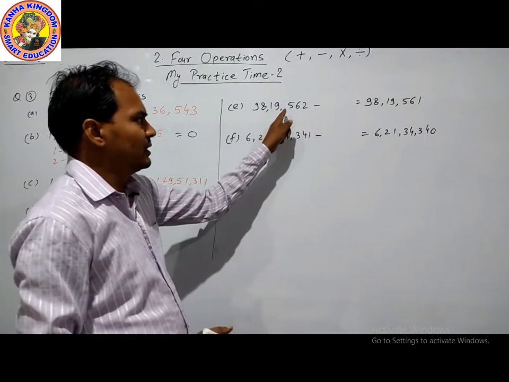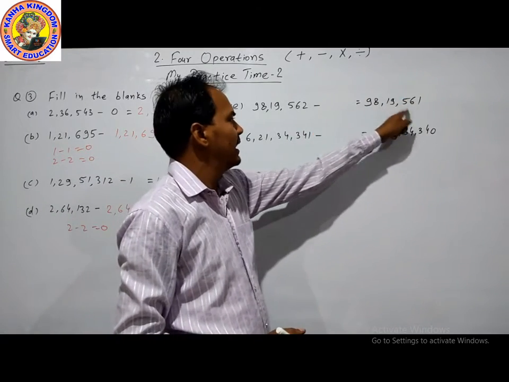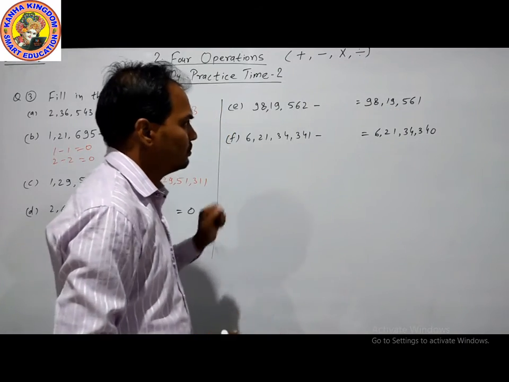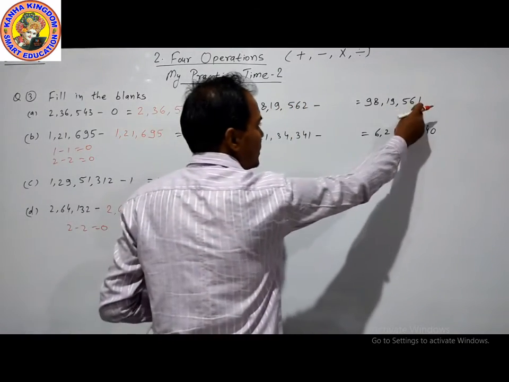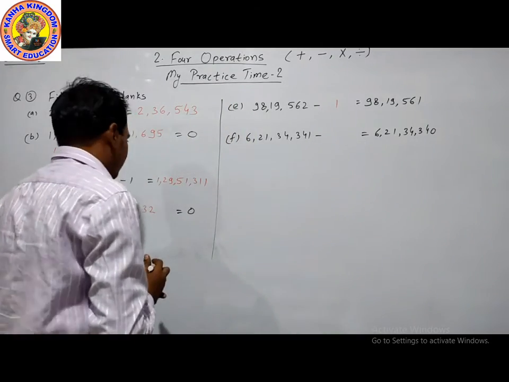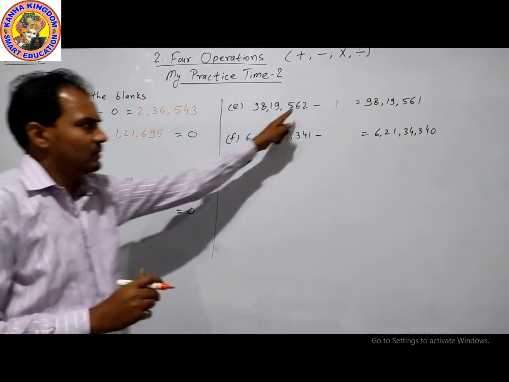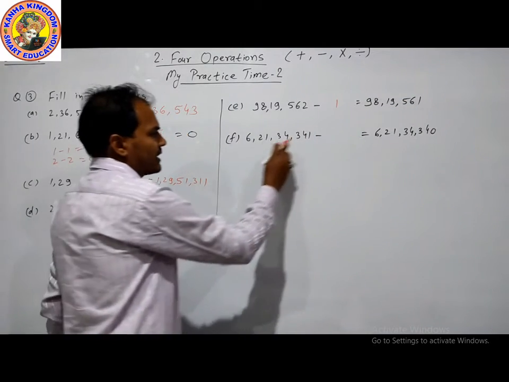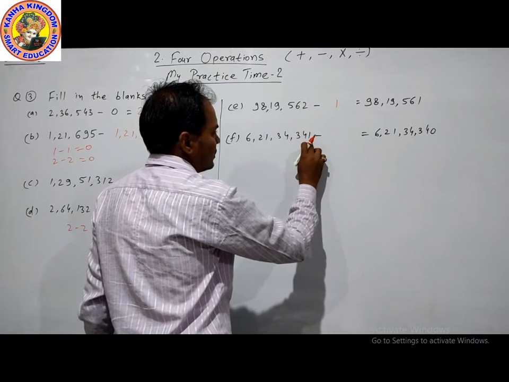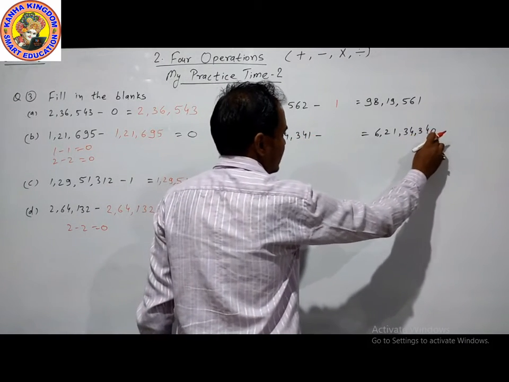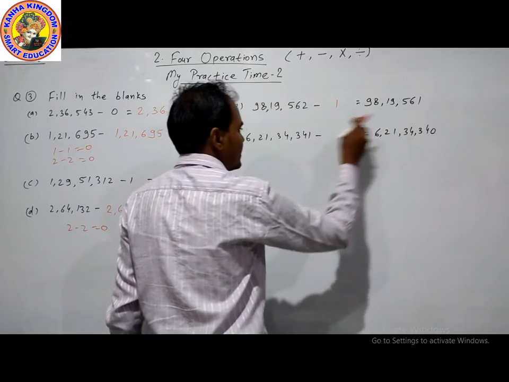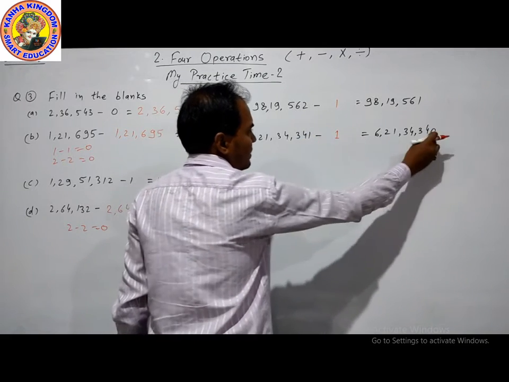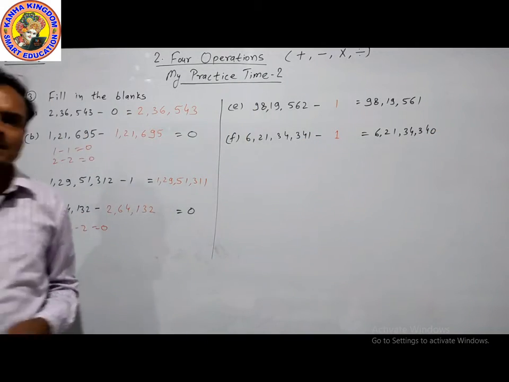The next one. A digit minus something, and the next answer is one below from here. One below means we will subtract 1. 2, 1. So we will subtract 1. The next. Here is 341. Here is 340. 341, 340. This is 1 below. So we will subtract 1. 1 minus 1, 0. You can take a screenshot of this.